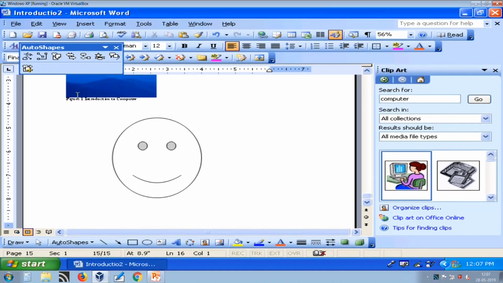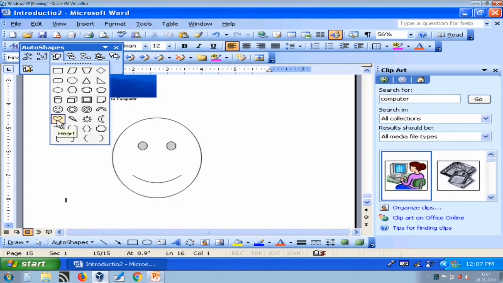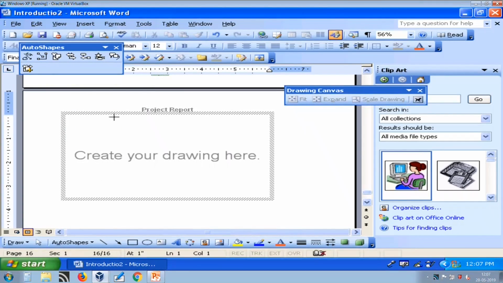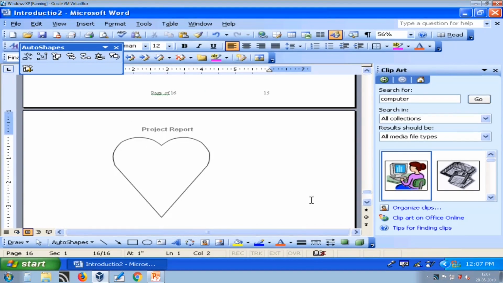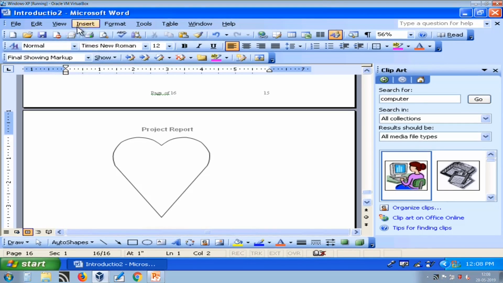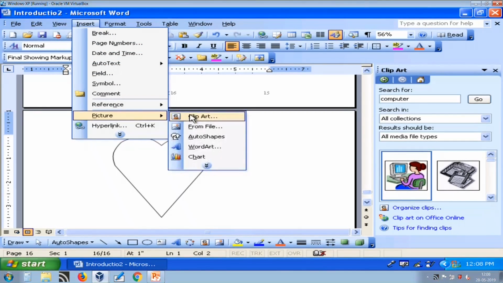Similarly, other basic shapes can also be used. For example, if I want to draw heart, what I can do is just select heart and drag and draw heart. So you can also use these kinds of auto shapes using these options.